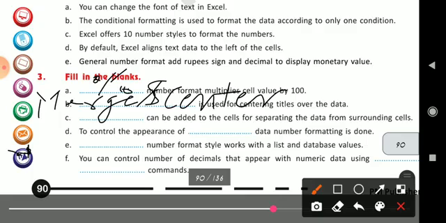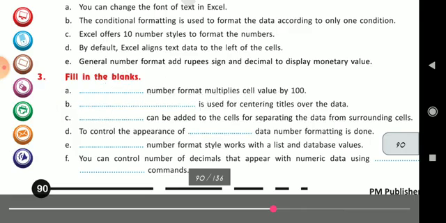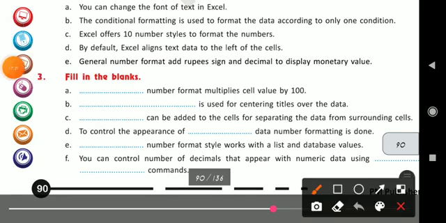Third, dash can be added to the cells for separating the data from surrounding cells. Very easy. Border can be added to the cells for separating the data from surrounding cells, because border is used to separate the cells. So here answer will be border.